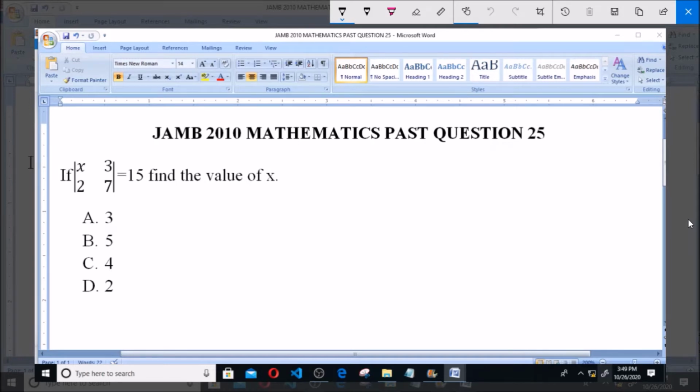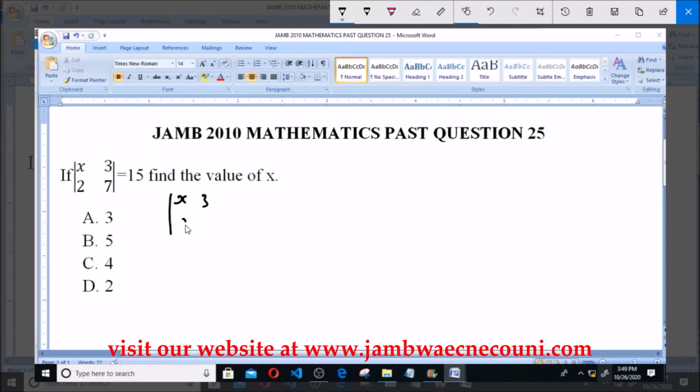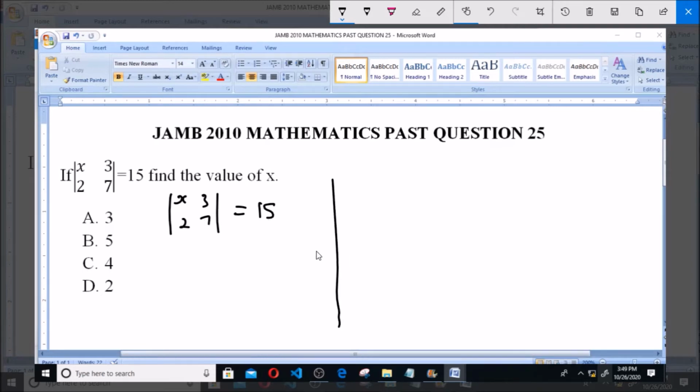Now if you look at this, they've given us that the determinant of this matrix is equal to 15. Now with this we can find the value of x. What it simply means is that